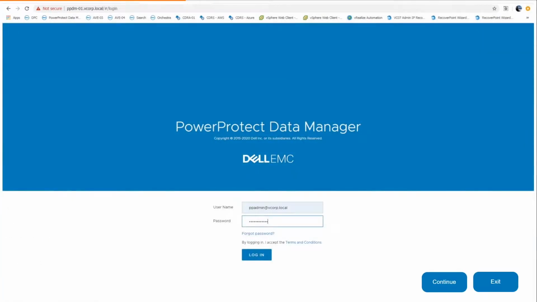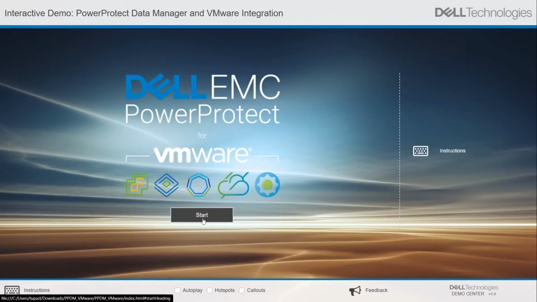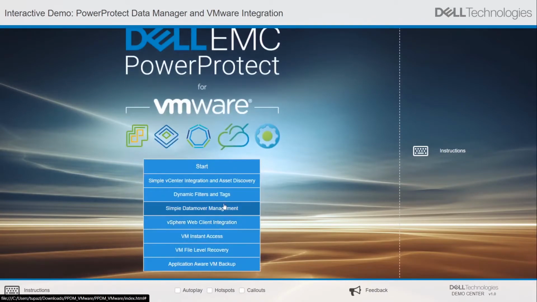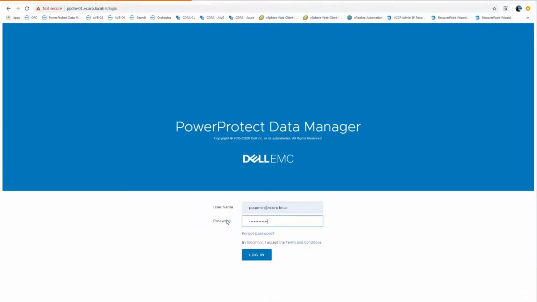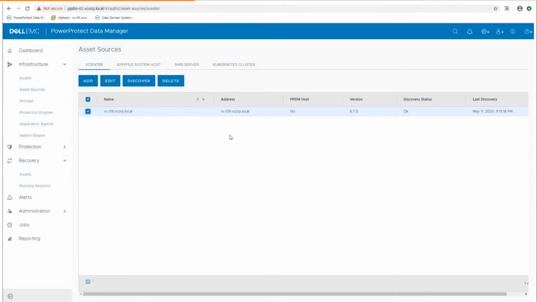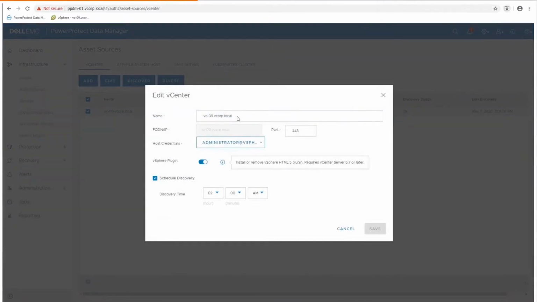So I'm logging out and going back to the main menu. We're going to proceed to the next demo, which is to log in to PowerProtect Data Manager with our appropriate administrator, and review the previously defined vCenter, in this case VC-09. Let's edit to see the properties. You'll notice here there's the name, the IP, the full FQDN, the port, the credentials, and more importantly, you see this